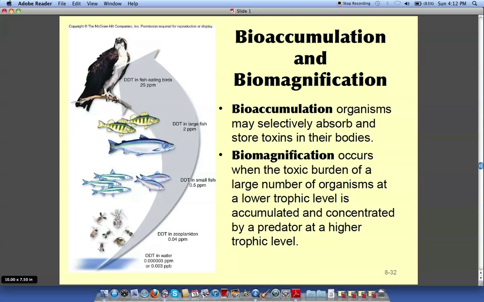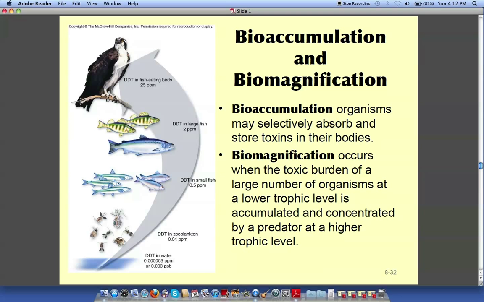So these organisms, maybe down the line it's going to affect them, but immediately it won't affect them. These organisms are eaten. It's a food chain, people. These organisms are eaten by the fish, the small fish. The small fish accumulate a whole bunch of these in their fat,